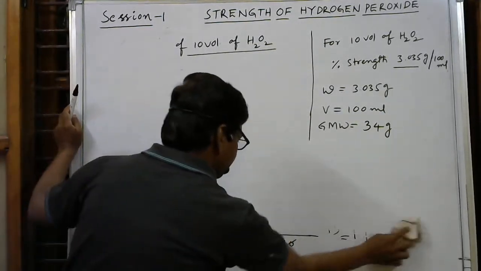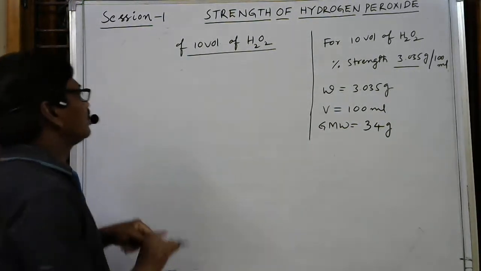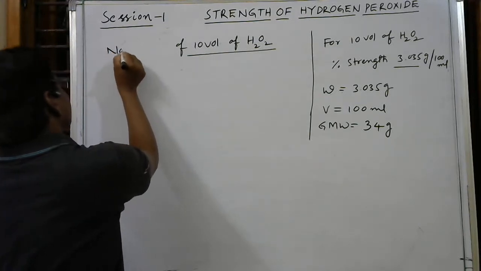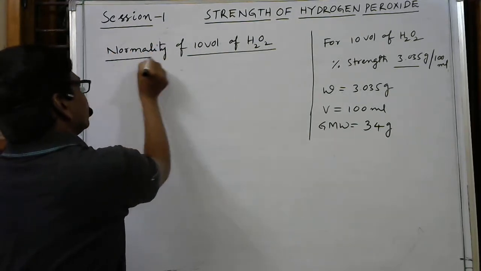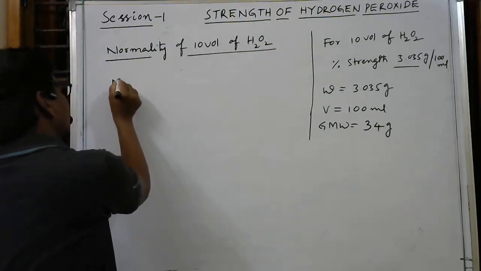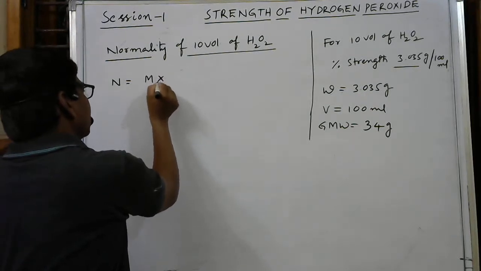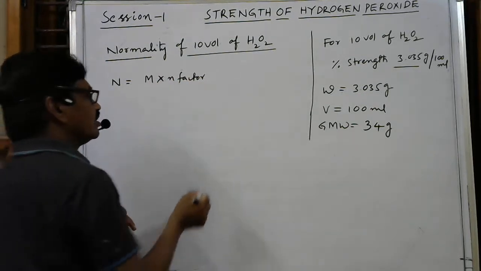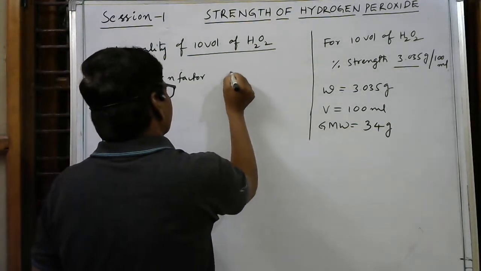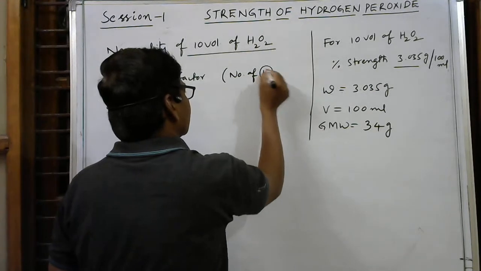Then same data points you have to substitute, but normality requires equivalent weight. Normality of 10 volumes of hydrogen peroxide. Normality formula: normality equal to molarity into n factor, we can write. This is the simple formula. N factor means what? It is nothing but the number of hydrogens replaced